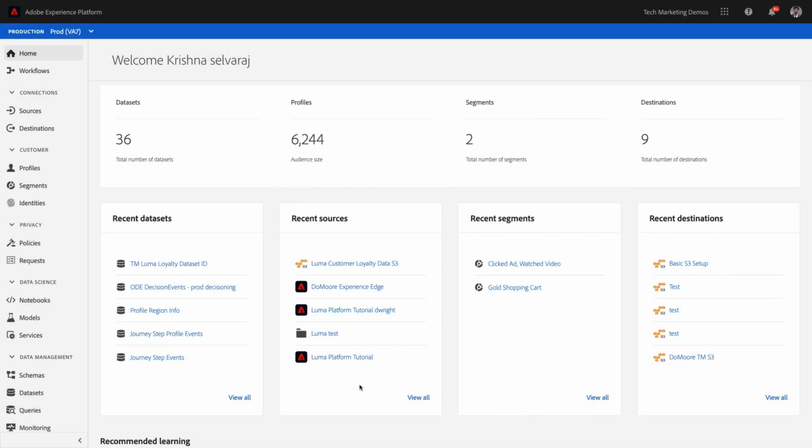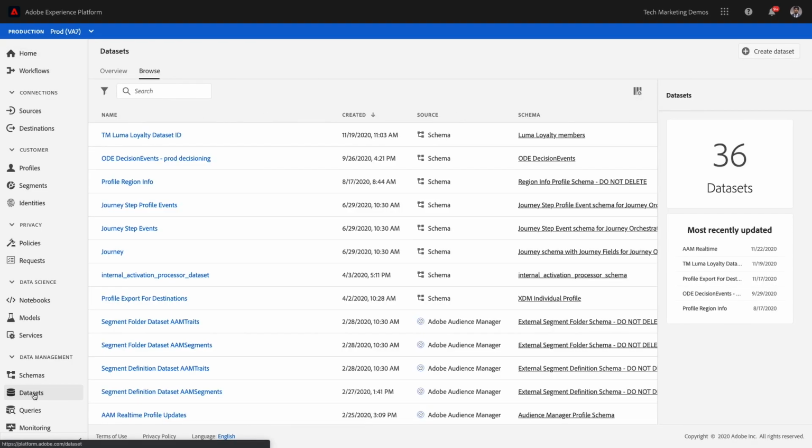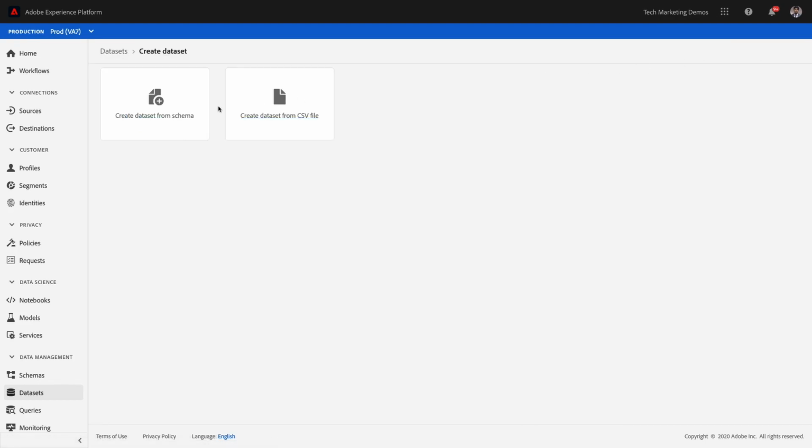When you first log into Platform, you land on the home page. From here, you will select Datasets on the left to navigate to the Dataset workspace. Once you arrive in Dataset workspace, you will be presented with a list of datasets already in Platform. From here, you can view and manage all datasets in your organization. To create a new dataset, you will need to click on the Create Dataset button in the upper right corner